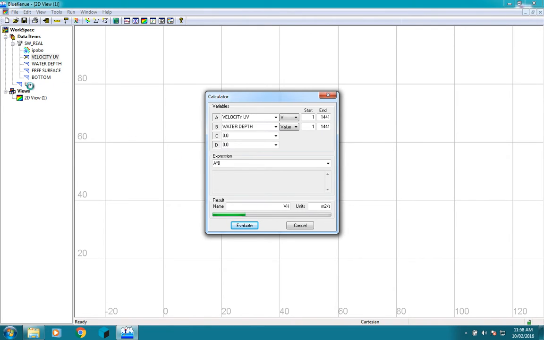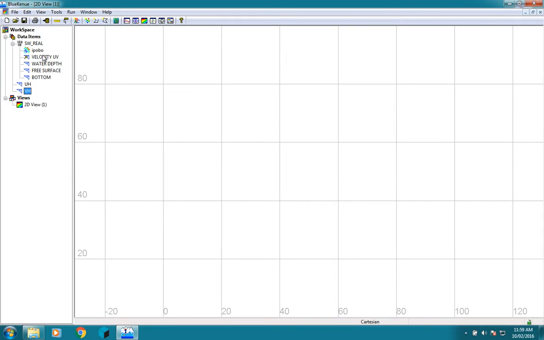Okay, so what we'll have now is 2 data sets, which is basically every single grid point, the water depth at that point times the u velocity at that point, and the v velocity at that point. And what we want to do is create a vector field that contains this information. So here this velocity is u and v, but here we've got u and v separately. So what we can do is click on the UH, for example,